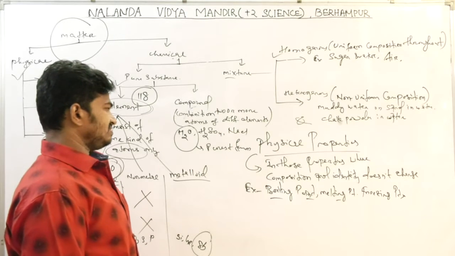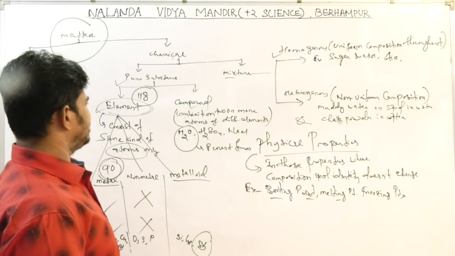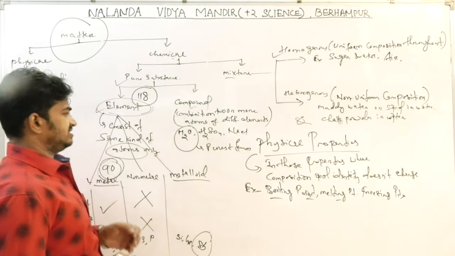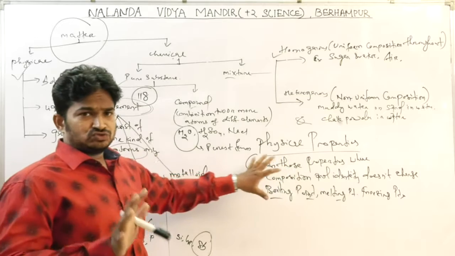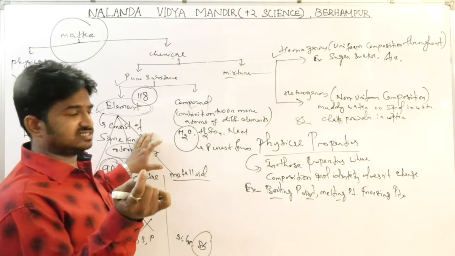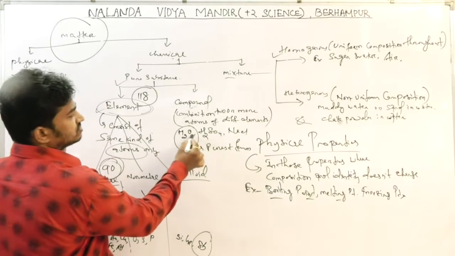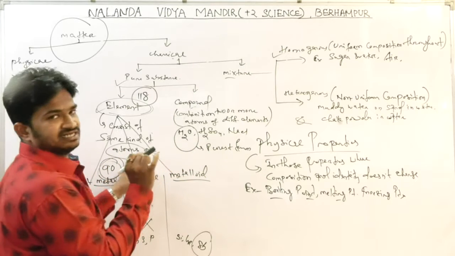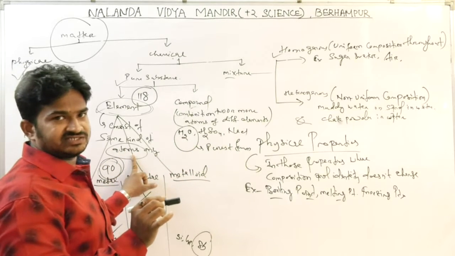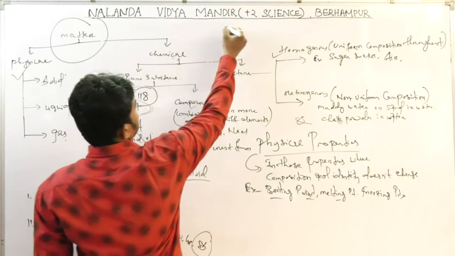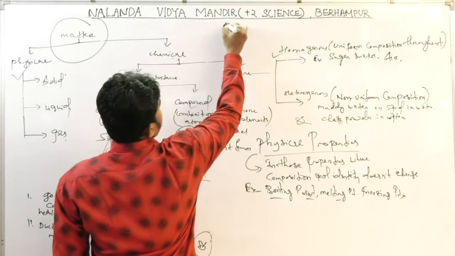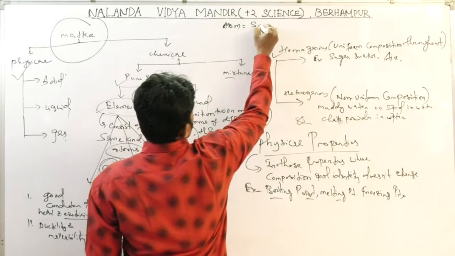Before going to that topic, we should first know the basic common things: atoms and molecules. Atoms are the tiny particles. Am I right or not? It is the smallest particle present inside the matter. Atom, it is the smallest part